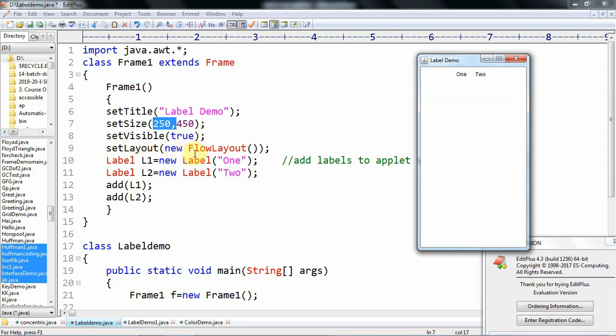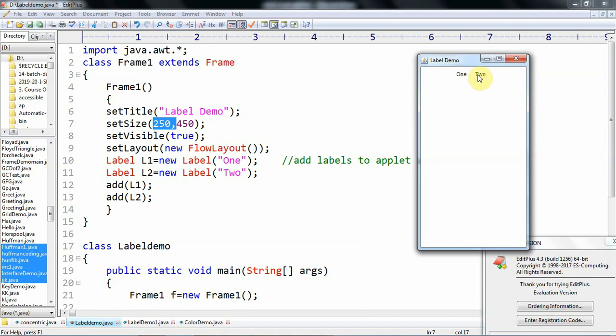Then we use the flow layout manager that arranges the components from left to right. Then we add only two labels with the captions 1 and then 2. Those two labels are added by using the add method like this, 1 and then 2.